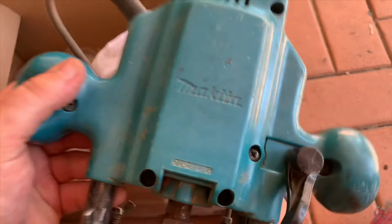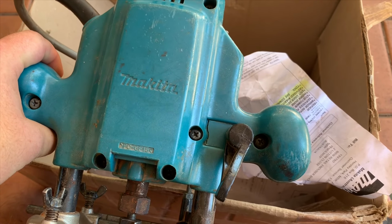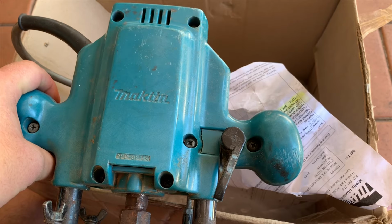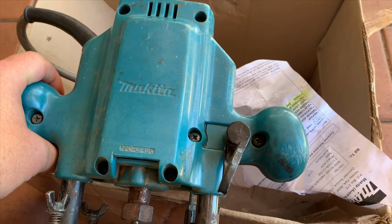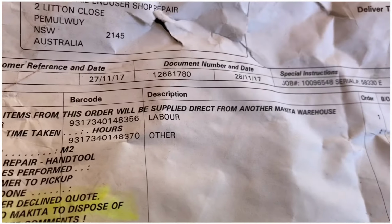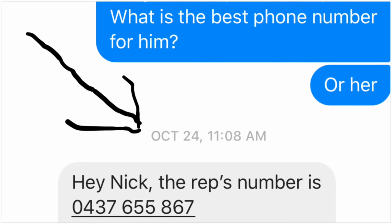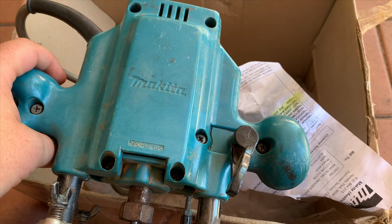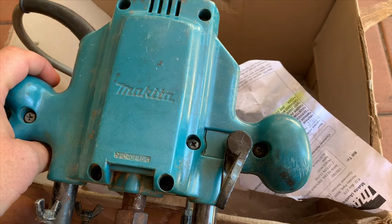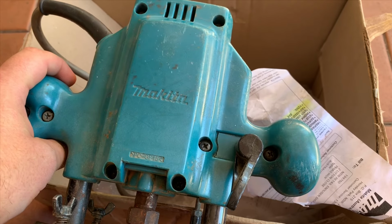So I have my router back. It's in the same condition I sent it. When I asked them to send it back because I was going to make a YouTube video, they hung on to it, and it's taken me 11 months to get this tool back, because Makita just was really belligerent in not sending it back because they knew I was going to make a video. And I've talked to the head manager. I explained what happened. Nobody from Makita, none of the reps, none of the staff at their Facebook ever said, hey, look, we do want to help you out here. It was do whatever you can to avoid that